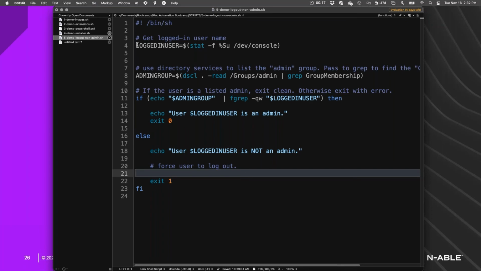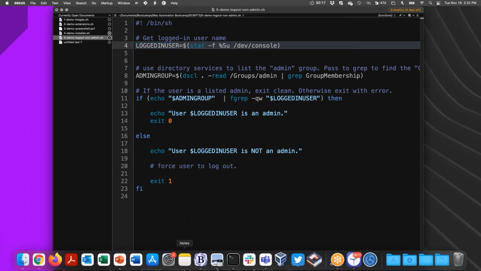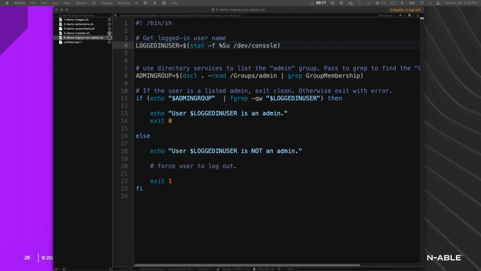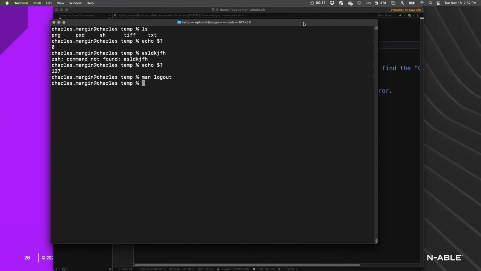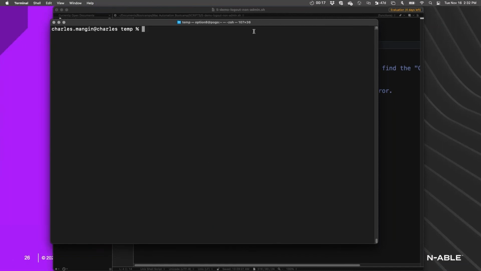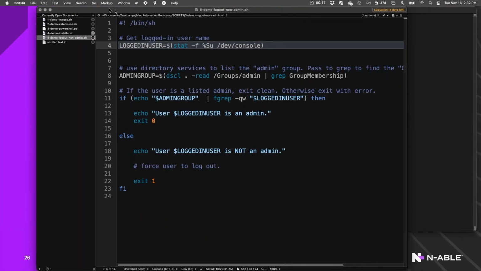So in this case, what we're doing is getting the name of the active logged in user. So if there's somebody sitting at the machine logged in, you can find that on the Mac, as with all Unix-like systems, everything is a file in the file system.